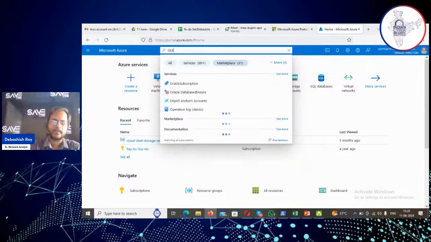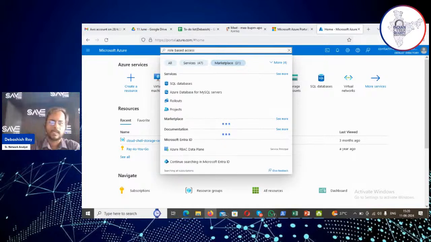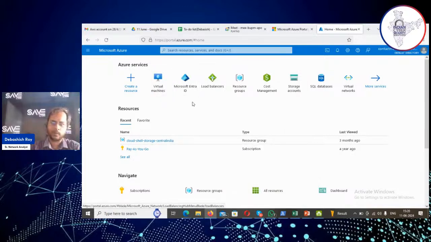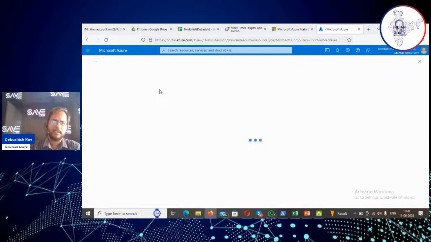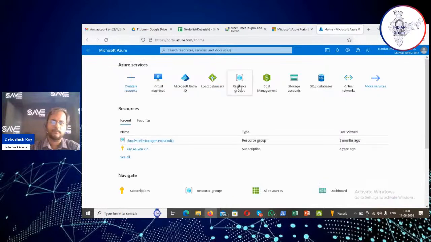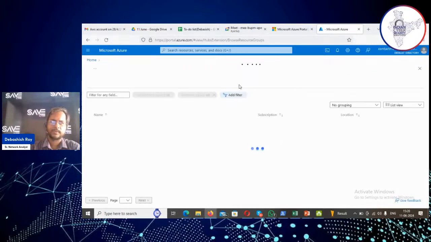If you search there, you will not find anything, even if you search just role based access, you're not finding anything because that is not there. If you go to the virtual machines, or even just go to the resource group, you can go to the virtual machine, but first you can go to the resource group, or you can go to the storage account as well,